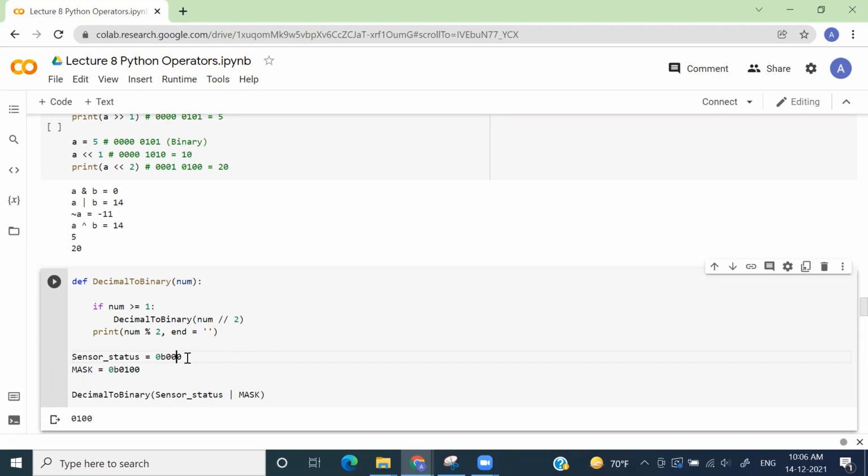Similarly, if you want your bot to move forward, you would set your third last bit as high, that is 1. And if you want your bot to move backward, you will keep your first bit as 1 or high. Okay.